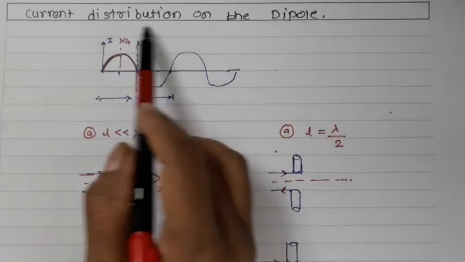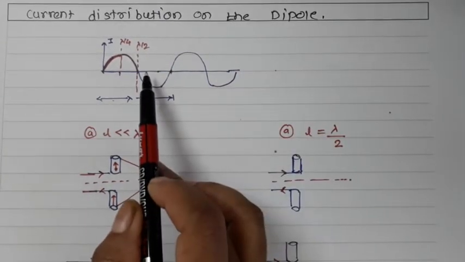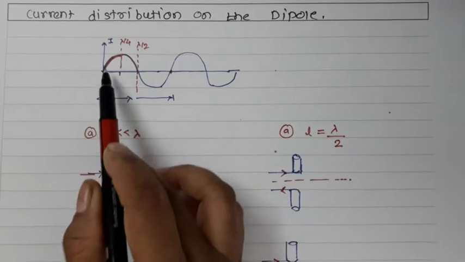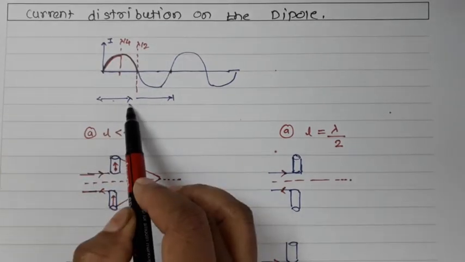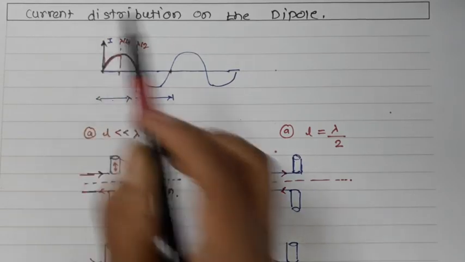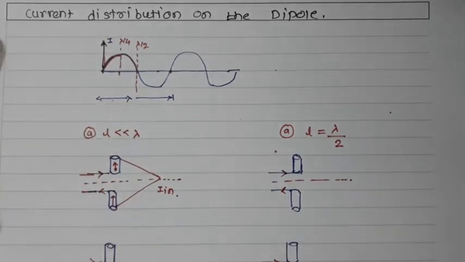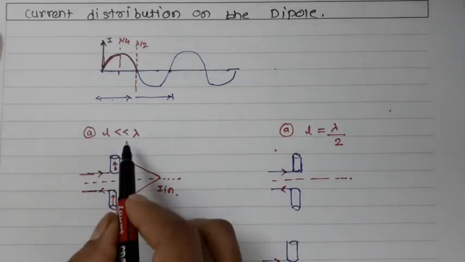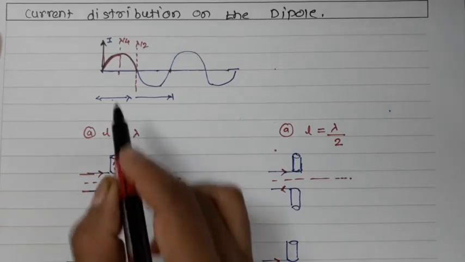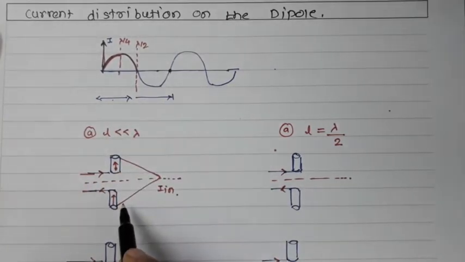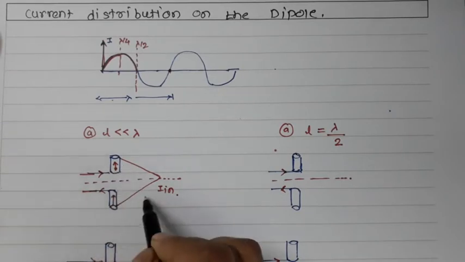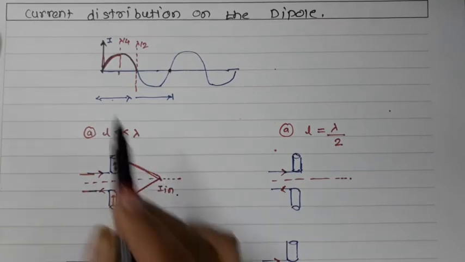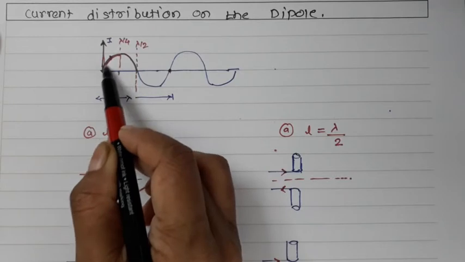Now let us talk about the current distribution on the dipole. Here we have the current input which you have given to your antenna. So we can say this one wavelength will be called lambda. This is the current waveform, and here we are assuming different lengths for the wire antenna. The first length which we are assuming is very much less than lambda, that is, the wavelength will be lambda, and the length of this particular antenna will be very much smaller than that lambda. So the current distribution will be triangular in nature, as very small current will be given there.